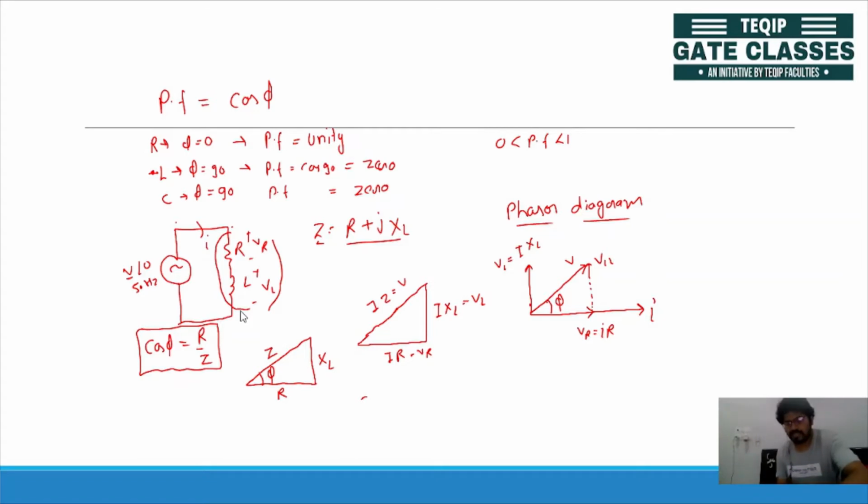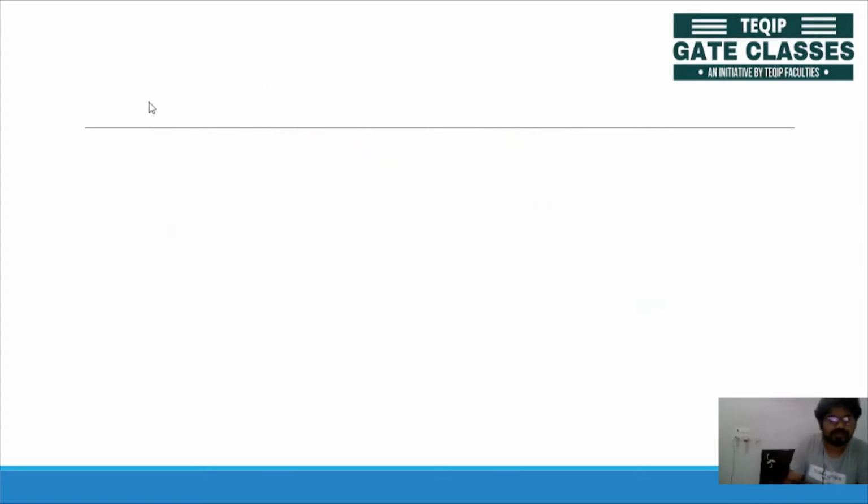Okay, so we'll get the same thing for the RC circuit also. If we discuss the RC circuit, say V angle 0, this is resistance R, this is capacitance C, this is your current I. So what will be the KVL equation?